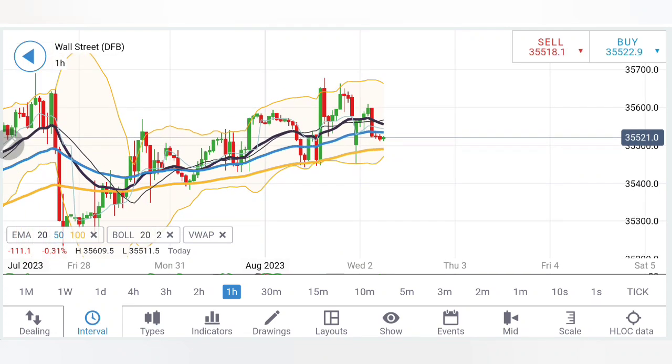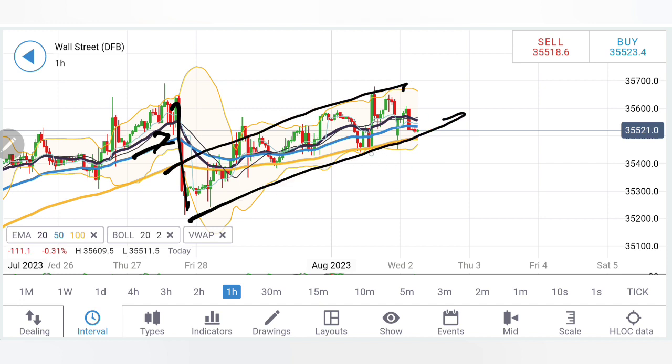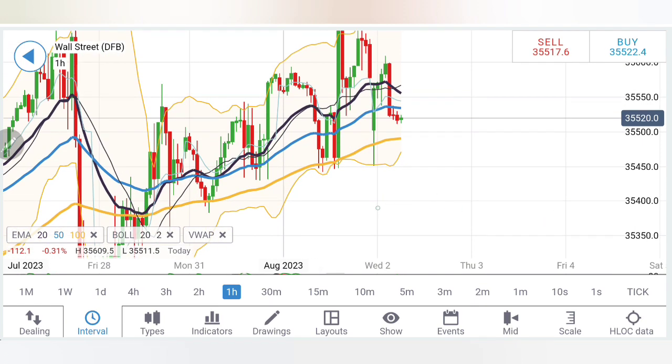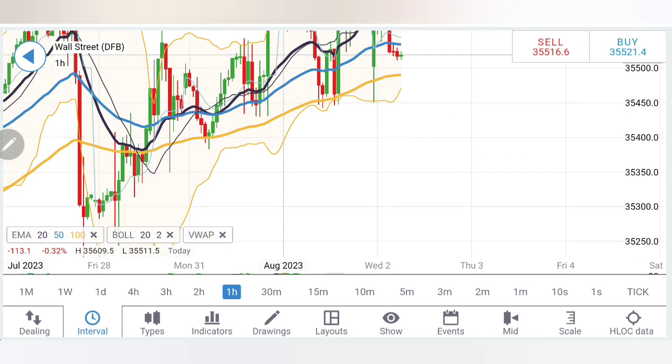Now with that, let's have a look at US30. See, US30, you can see one sharp drop here on the early charts. Since then, it is trading in this retracement channel. Now, the breakout of this channel is only and only if it breaks below this zone at 35,450 levels, 440 levels. So, once you see it trading below 35,450, sell more, and then you can expect 35,350,